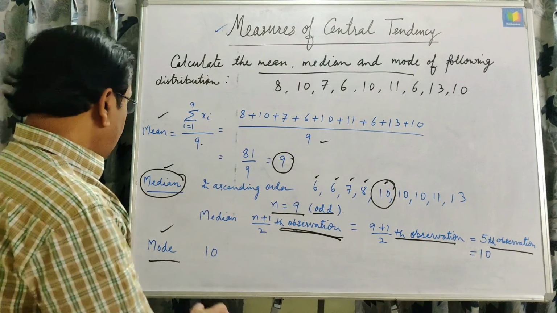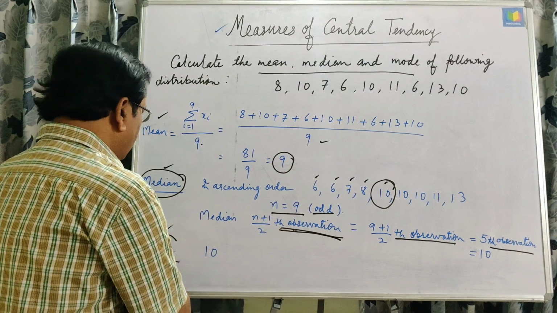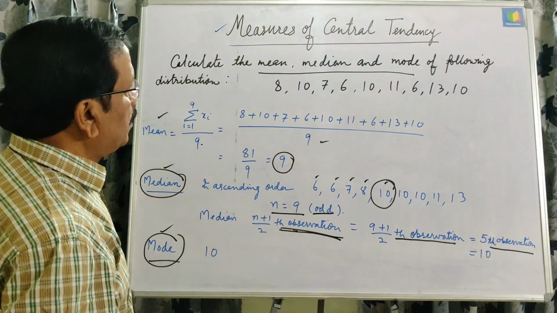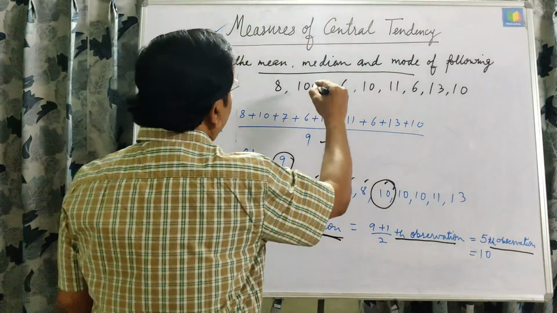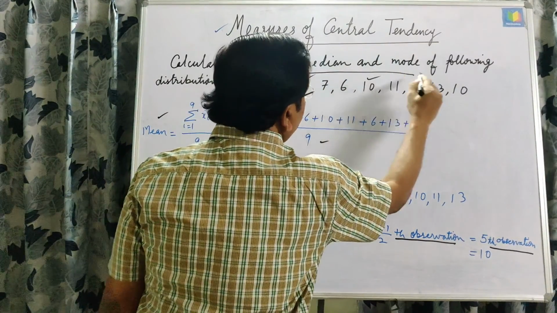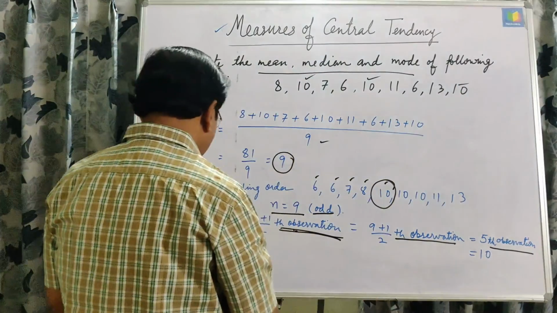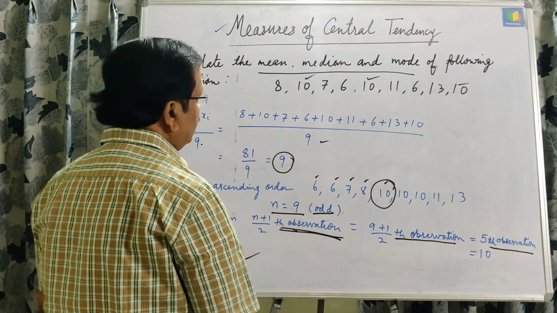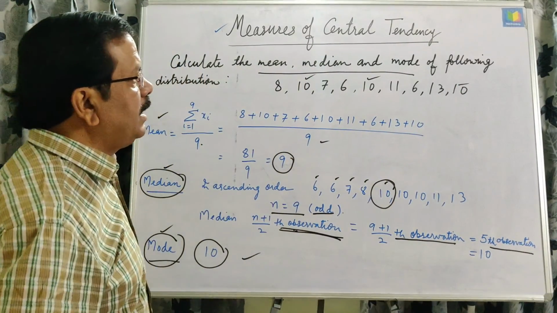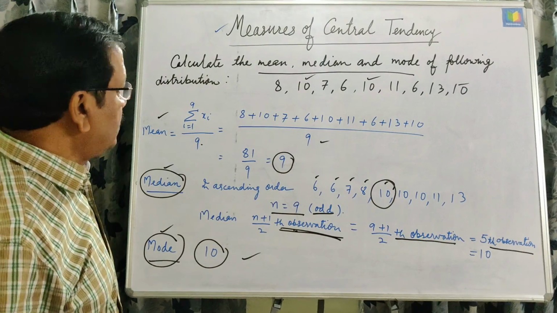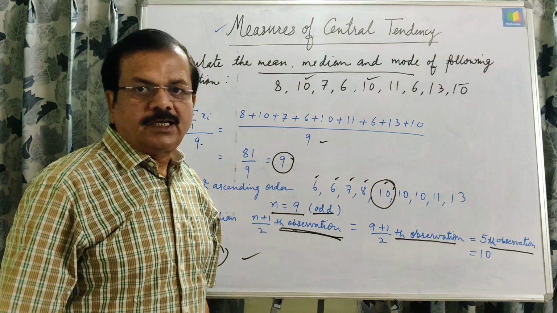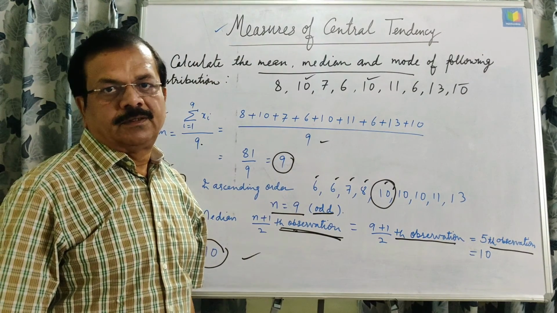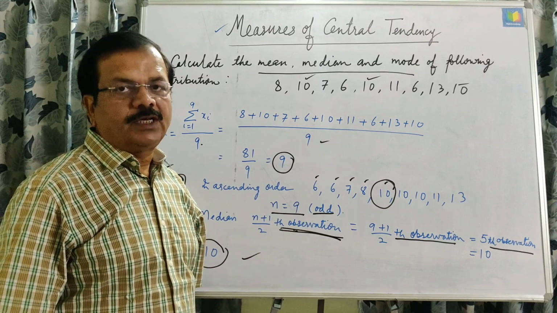Okay, and as we know, in case of mode, it is the maximum number of repetitions of the data. 10 is repeating itself 3 times, which is maximum, so the mode will be 10. Though you can see this is a very easy question, this question was asked in a board examination for 3 marks. Now next question.